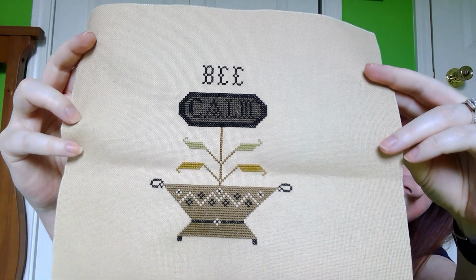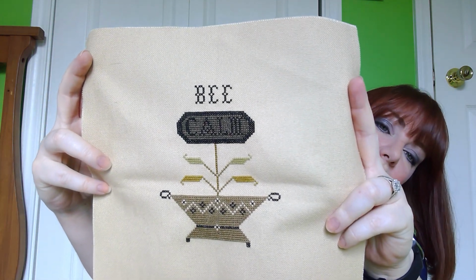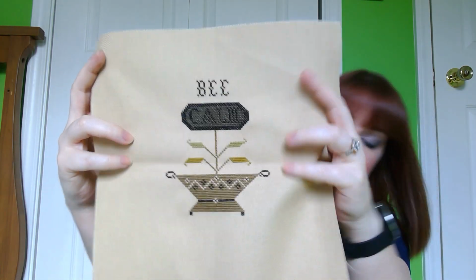And the only thing is that the colors where Calm is are super close, because it's black and then a really super dark brown. But I'm hoping it'll show up a little bit better when I get everything else in there. So all I have left are the bees and then the petals on the flowers. So I'm pretty excited. This will be a quick finish after MAYnia. And then I can lend this project bag to a different project that doesn't have one. It's my little bee bag. It looks like honeycomb. Like a weird honeycomb, but...